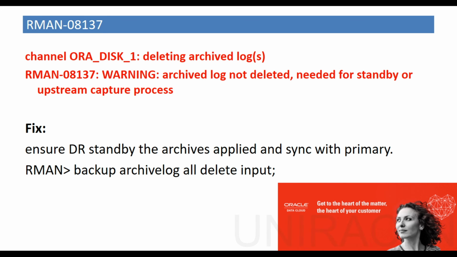In this case, verify those arc logs which are needed by the standby. How many arc logs are needed by the standby, as well as how many arc logs still need to get shipped. We can verify from v$log_history and v$archived_log with a join condition, what the difference between primary and standby, the log gap, is. And you have to make sure whether you configured only one standby or more than one standby. You can't say one standby is being applied and ignore another standby.